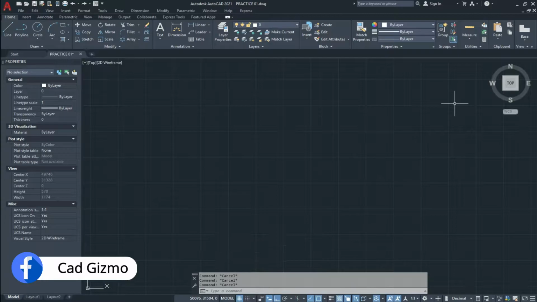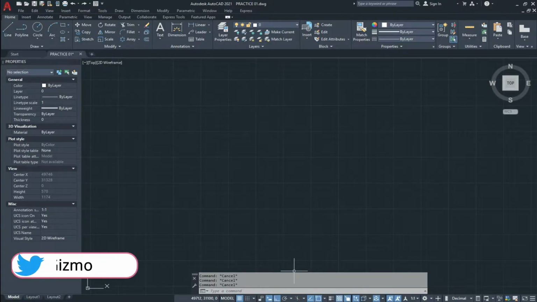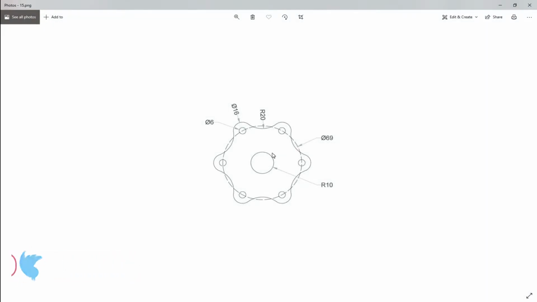So friends, we have this shape and we are going to draw this shape in AutoCAD. So here, our first circle has a radius of 10 units, and our second circle has a diameter of 69 units, and the small circles have a diameter of 6 units. So we draw this